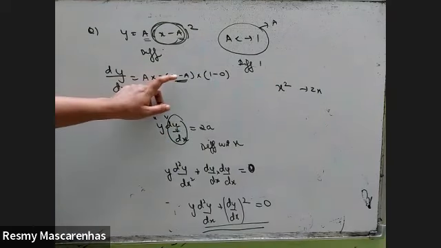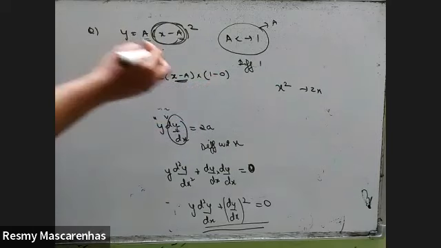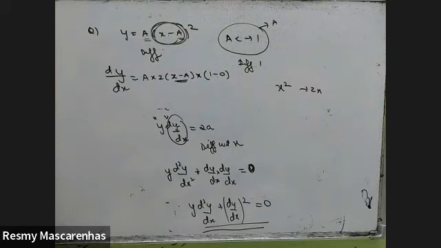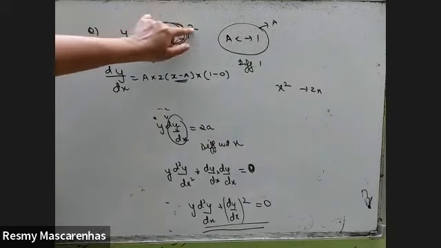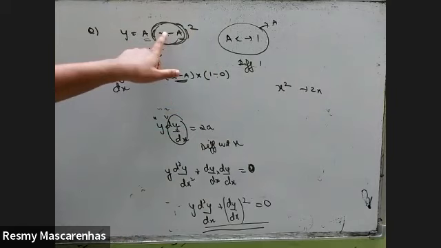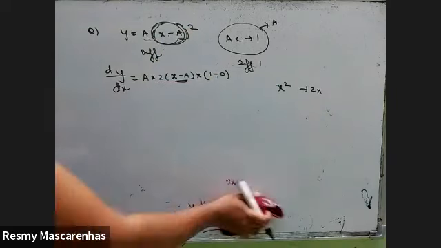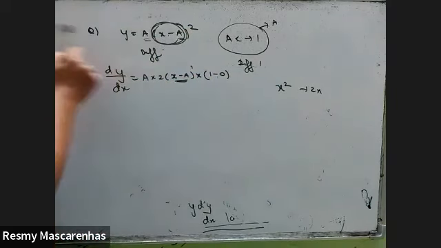So we have to always multiply by derivative of what is inside the bracket. First derivative of x square into extra derivative of what is inside. This is 2x raised to 1. And then